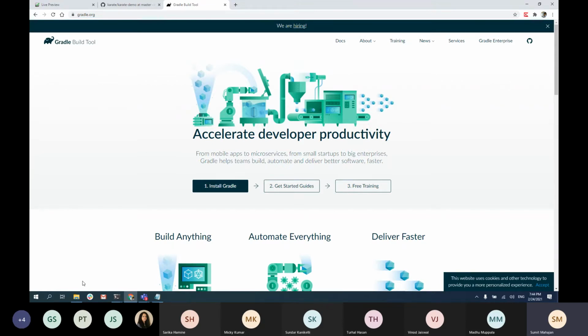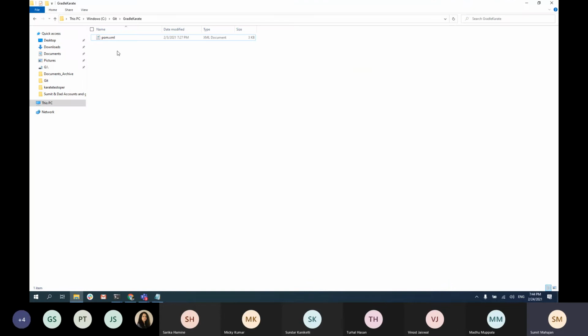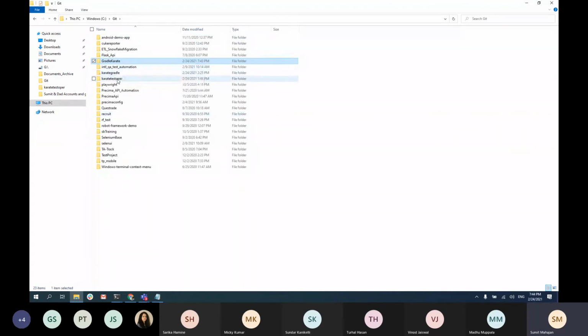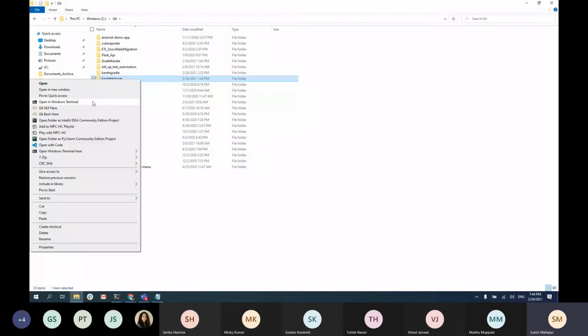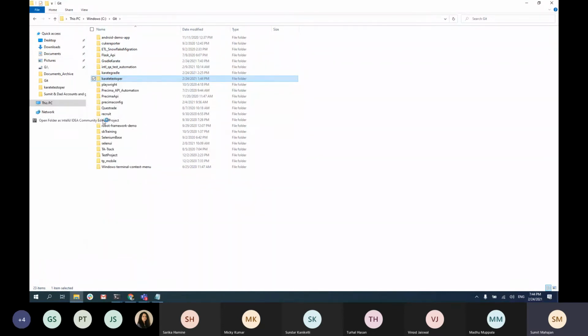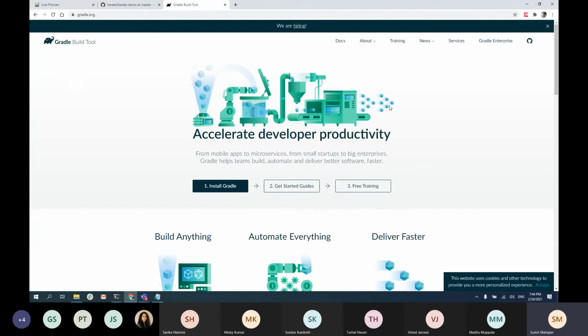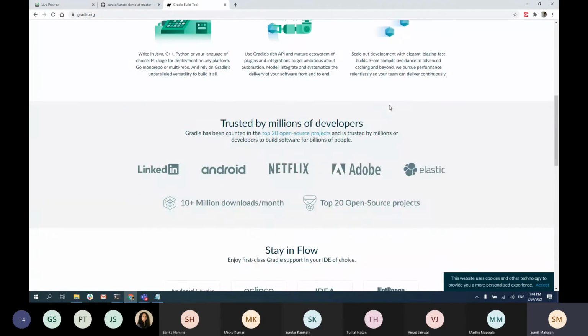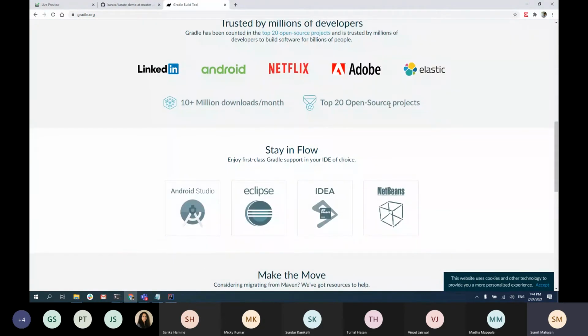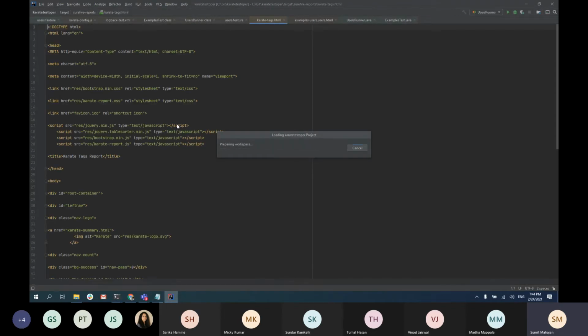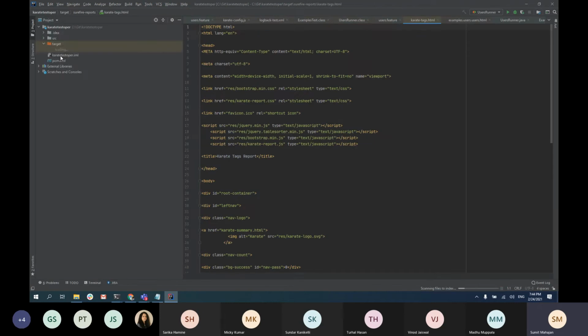So let's open the Maven project and look at the POM. I'll explain a little bit about what the POM does and what Gradle does.